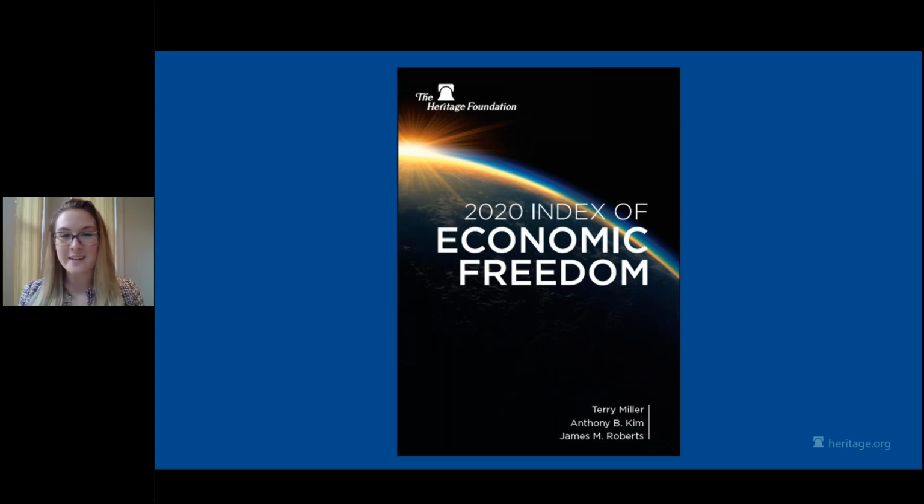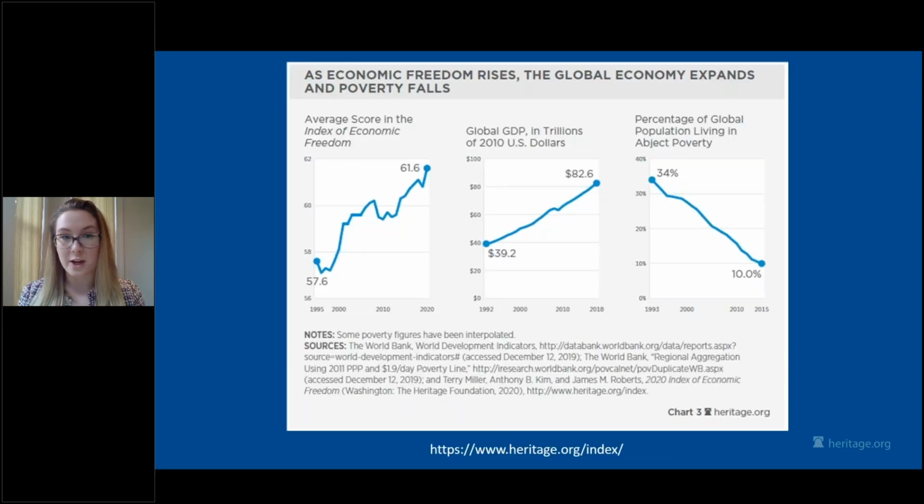Now, in our next slide, you'll see on the far left the trend of worldwide economic freedom over time. Spoiler, it's increased. Over the same period of time, world GDP has more than doubled, and poverty has plummeted. These measures side by side show us not only the monetary benefits for individuals of advancing economic freedom, but the real impact that a freer economy can have on the livelihood and well-being of individuals around the world.